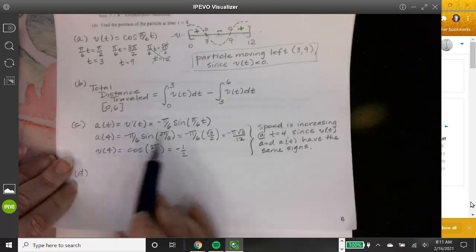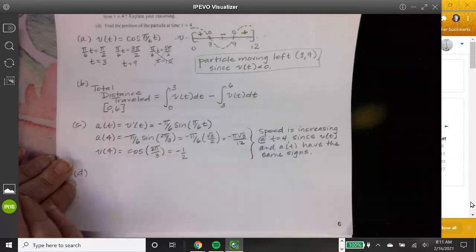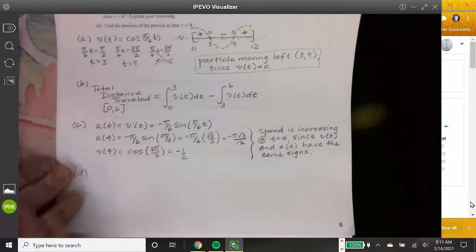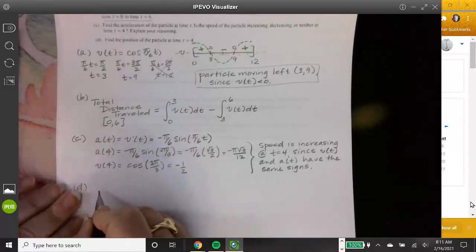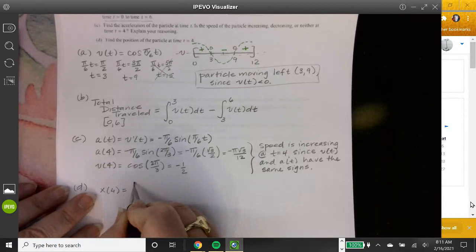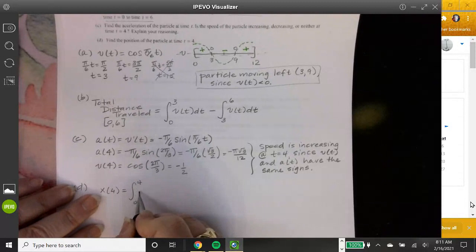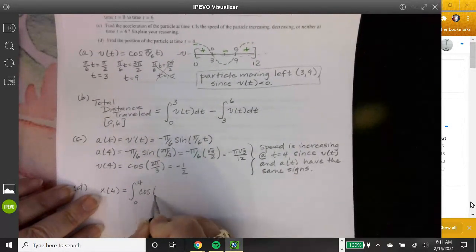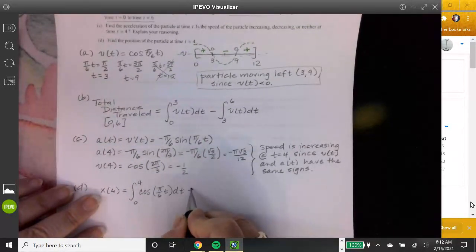I'm sure you would get a point for the acceleration function, a point for these two values, and a point for your statement as to whether it's increasing or decreasing with a reason, because it says explain the reasoning. All right, part D says find the position of the particle at time equal 4. Okay, well, the position of the particle at t equals 4 is going to be x of 4 equals the integral from 0 to 4 of cosine of pi over 6 t dt plus its initial condition,